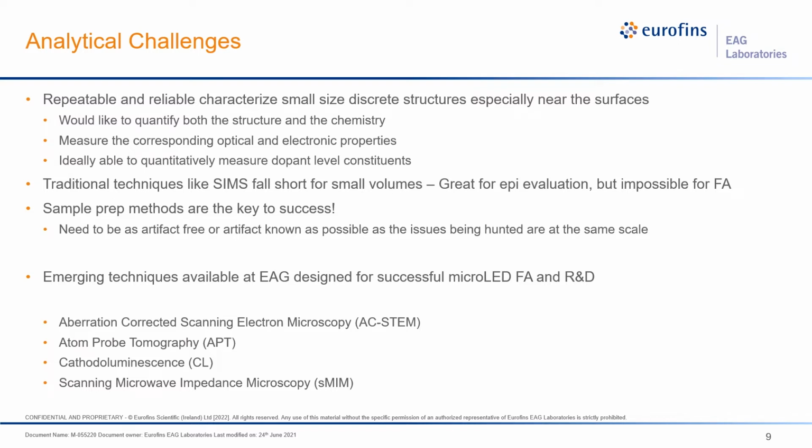And so ultimately, we have techniques that work on more bulk materials. So for instance, we traditionally do scanning electron microscopy or transmission electron microscopy to understand the structure of epitaxial materials and devices. And then we can use something like SIMS to look at the minority constituents, like the dopant level constituents. But traditional techniques like SIMS for doing these types of high sensitivity analyses fall short for small volumes of materials, such as the ones realized in MicroLEDs. So we need to actually come up with some new techniques to help us better understand what's going on in